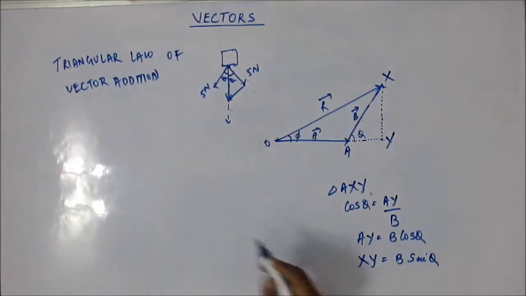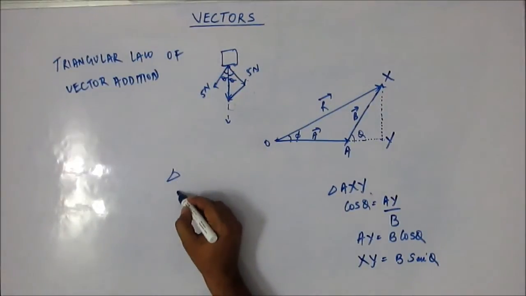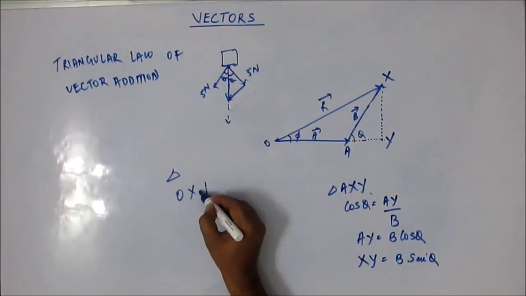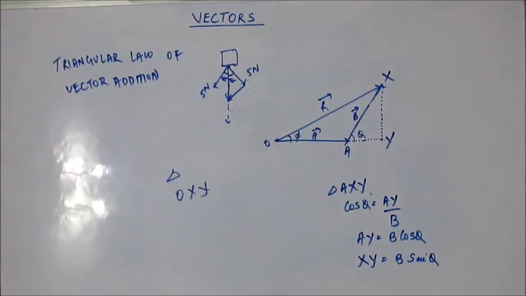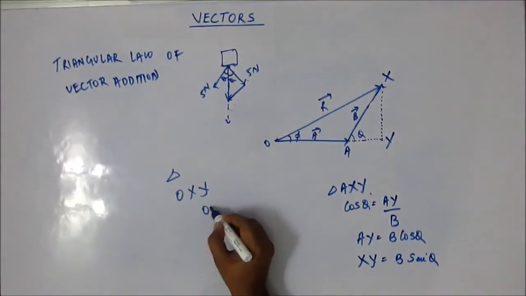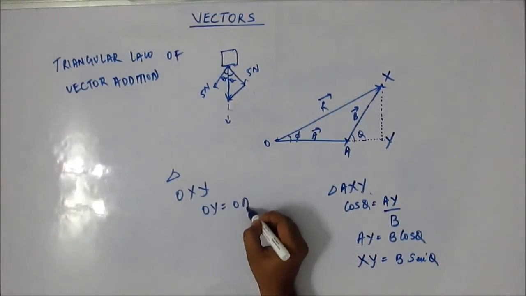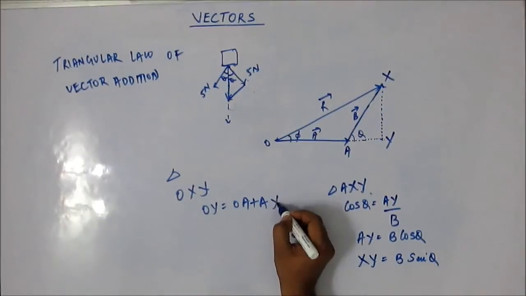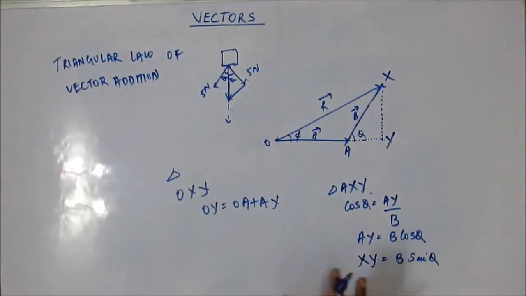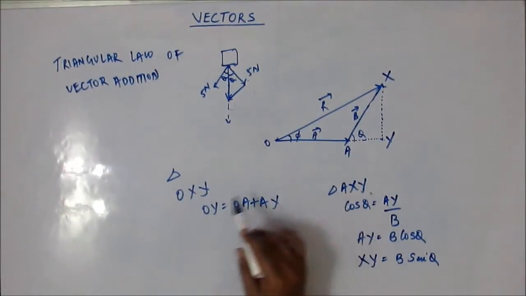Now we move on to triangle OXY. In triangle OXY, you can see first of all that OY is equal to OA plus AY. That's pretty simple. Now in triangle OXY,